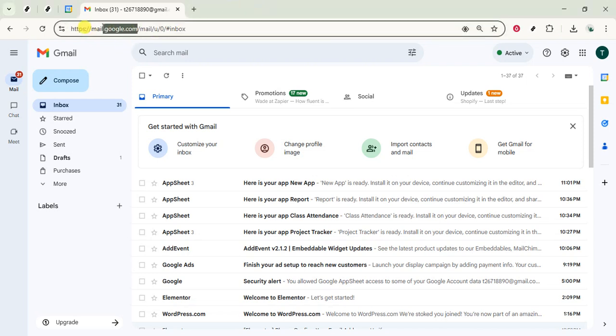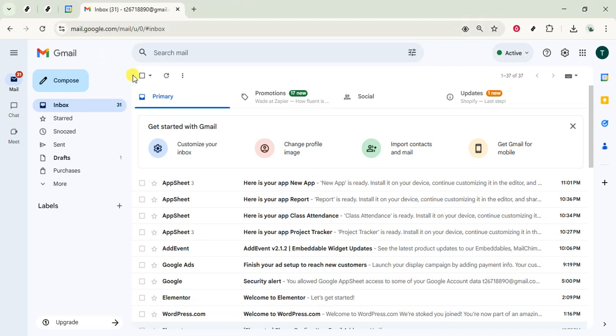Start by opening your browser and heading to gmail.com. Sign in if you're not already. Once Gmail loads, look at the right-hand side of the screen. You should see a thin side panel. If it's collapsed, click the small arrow at the bottom right to expand it. This panel is where Google Tasks lives alongside Calendar and Keep, and it's the fastest way to manage your to-dos